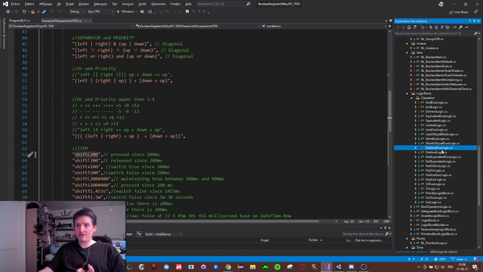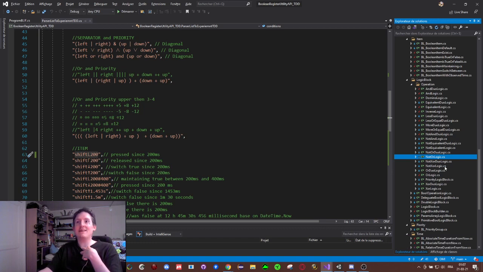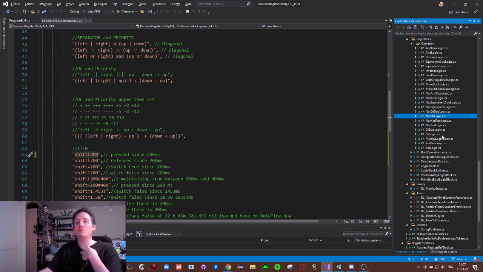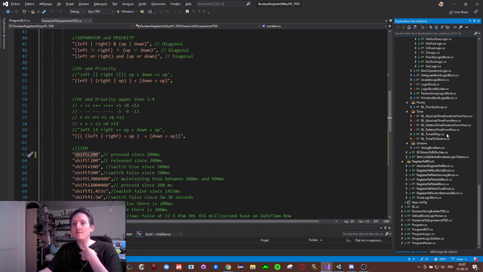So here, for example, it's some basic logic class that all inherit of logic block that you can use together, that you can mix together. And if you want more detailed version, you can implement your own one and add it to the logic builder. So it's what I have done here. So as you can see,